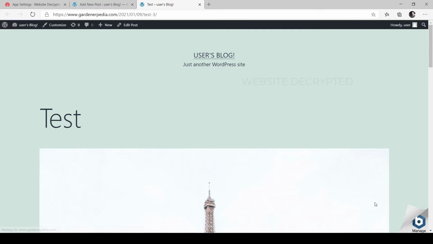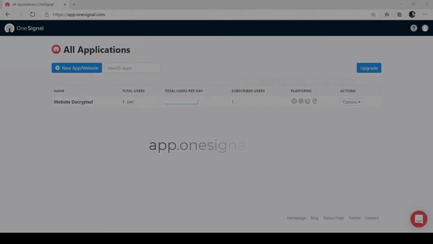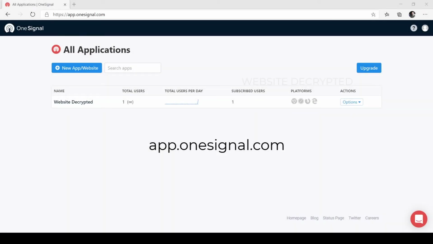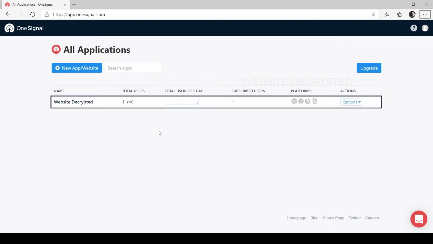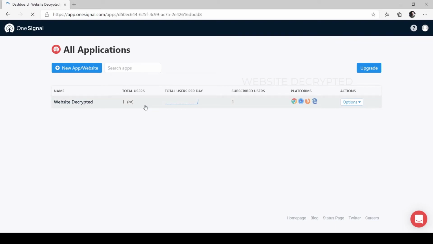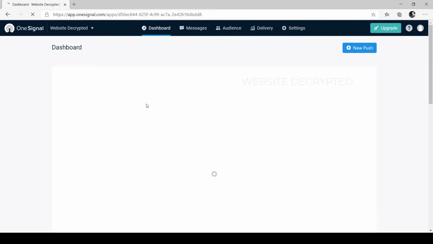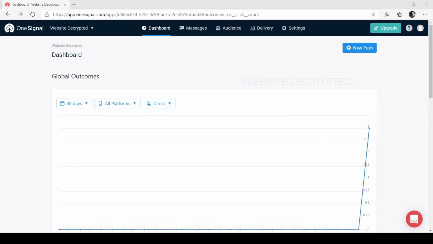Now, let's send custom messages as notifications. Go to app.onesignal.com or follow the link in the description. Now, click our site. And click this button.